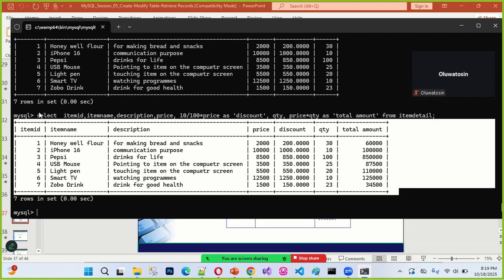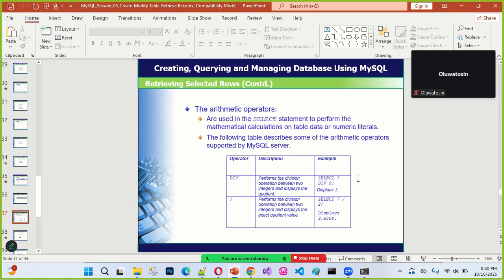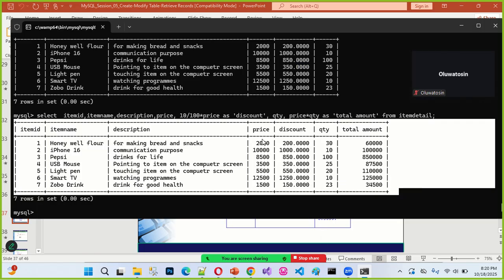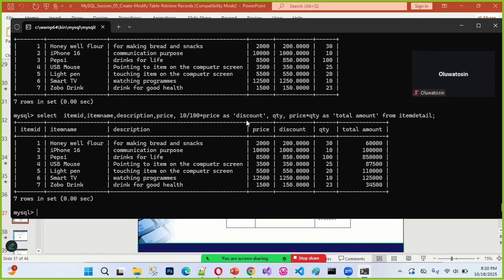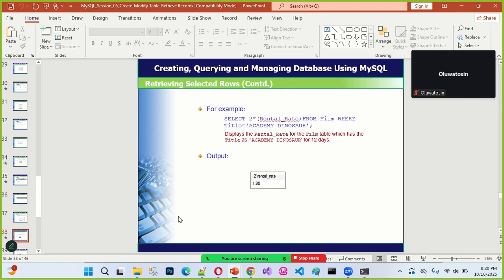and sent to your front end application to be able to display to the user. So you can use any type of mathematical operator here to perform different types of calculation. But one thing you must notice is that this calculation must be carried out on numeric data. Any column in your database that does not store a numeric value, you can't perform the calculation on it. For example, item name and description, you cannot do the calculation on it. You can only do it on a column with numeric values, whether integer or decimal or float or double. Okay, so that is how calculation works here.